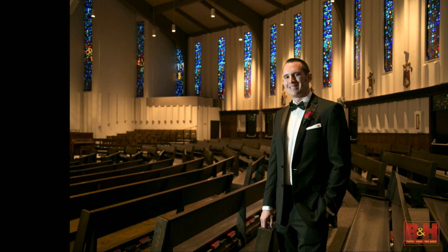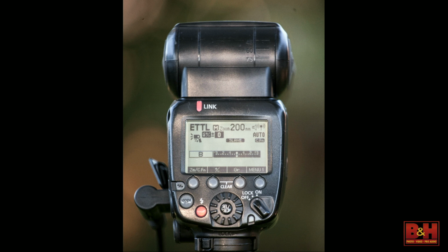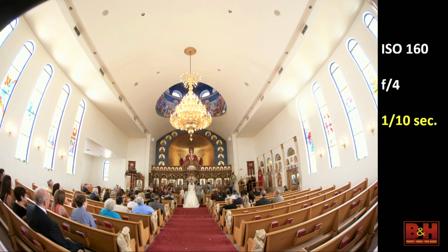So now there's enough light. It's not trying to fill in the shadows a little bit. It's actually putting a light pattern on his face. All right, now, another cool feature about these flashes is you can zoom. If any of you have them, when you zoom your lens, you can hear the flash zooming in and zooming out. When you're indoor and you're trying to take a nice wide angle shot with a 14mm lens or 15, whatever it is,